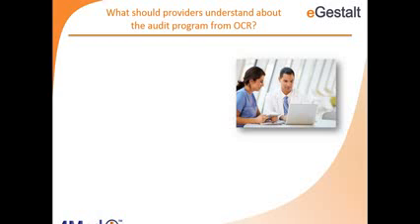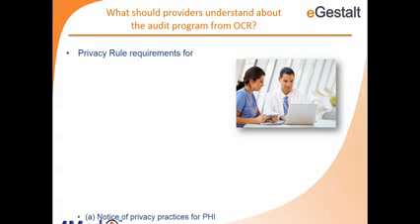They did a pilot program in 2012, which involved 150 odd businesses, and this year it's going to be a bigger formal program. So the question is, what is the OCR looking for when they do an audit? OCR essentially is looking to ensure that all the businesses, whether it's covered entity or business associates, are meeting the HIPAA Omnibus requirements.